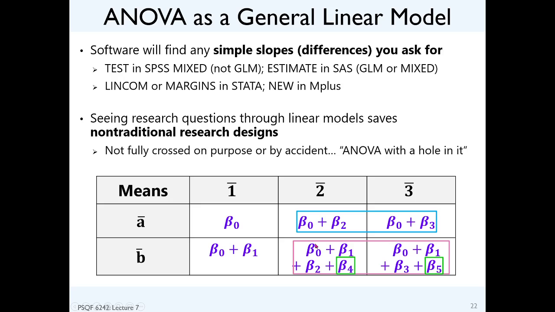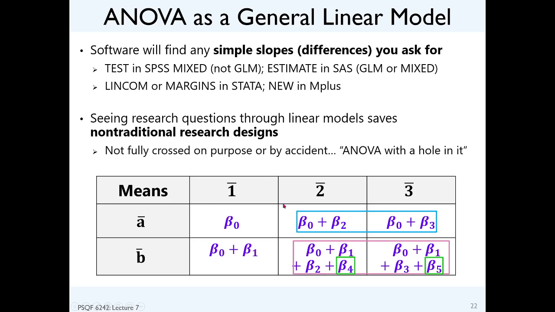The pink and the green then give you the combination to get over to the difference between A1 to get down to B is beta 1, and then to get over here, we pick up beta 2, and so beta 4 and beta 5 convey the extent to which you would expect different differences as a function of these interaction terms. And so seeing this type of tabular design through this lens of linear models and these incremental differences that get us across each of the cells in the design comes in handy